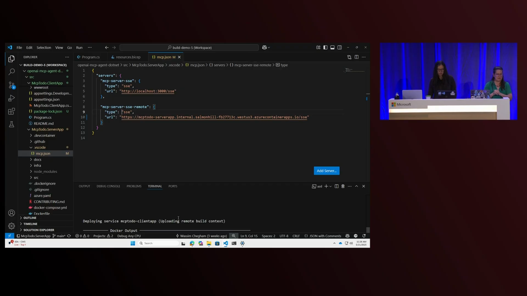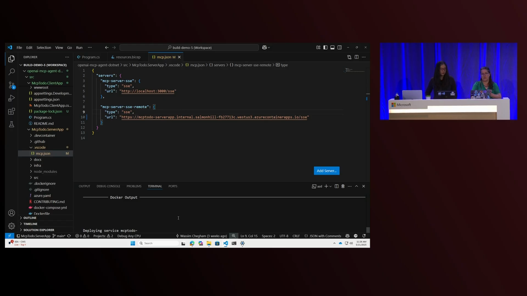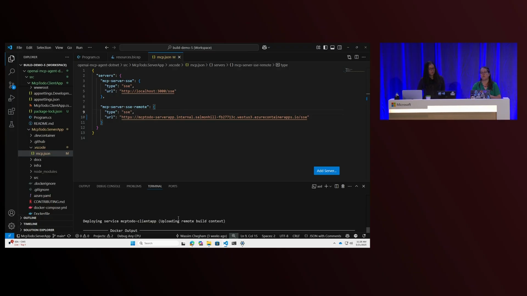Trying to think what else I need to tell you. If you weren't in the same container environment, so for example, if your server and client were in different environments, developed by different people, you can use APIM to secure the key to connect the two together. So we're not doing that in this case because we're all in the same container environment. And we're almost there, almost there.